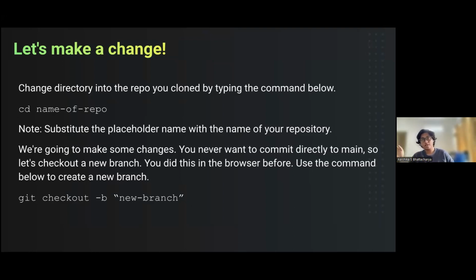So we checked out a command called git branch, but once you're done creating a branch, you sort of need to enter that branch to make changes. Now, we also have another command which lets you move into that branch, which is called git checkout. We can also create a new branch and move into that branch with just a single command, and that would be git checkout, followed by the -b flag, which signifies that a new branch needs to be created, followed by the name of the branch.